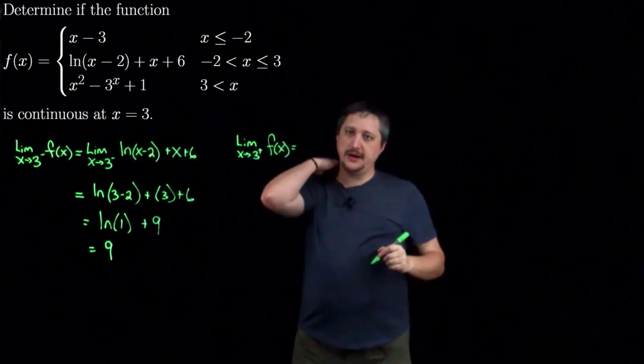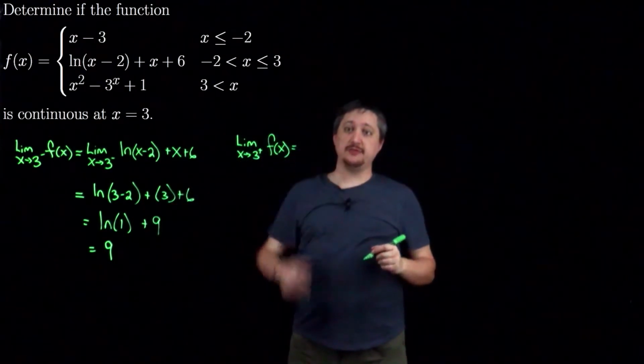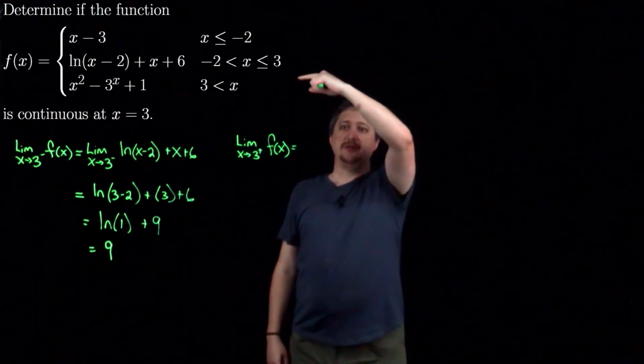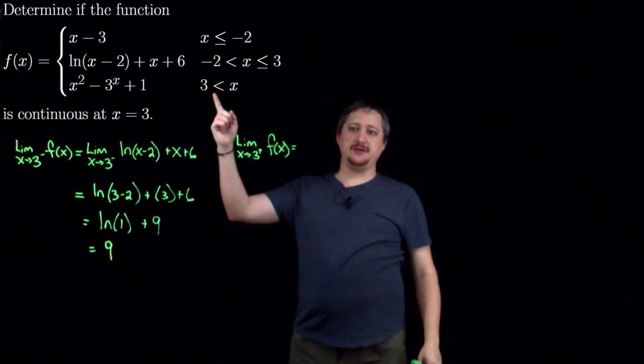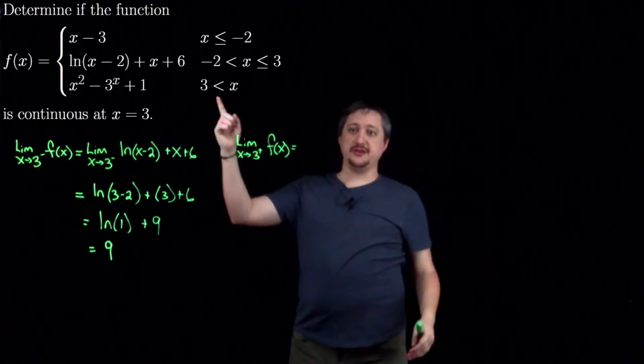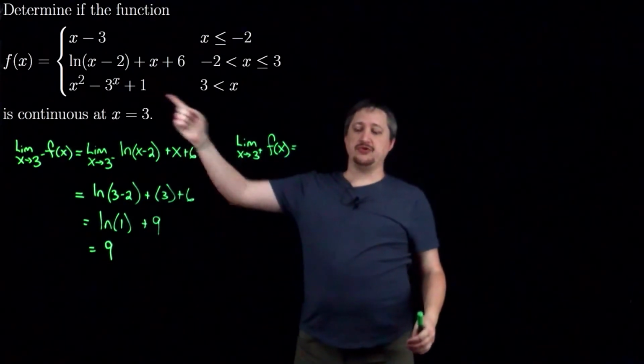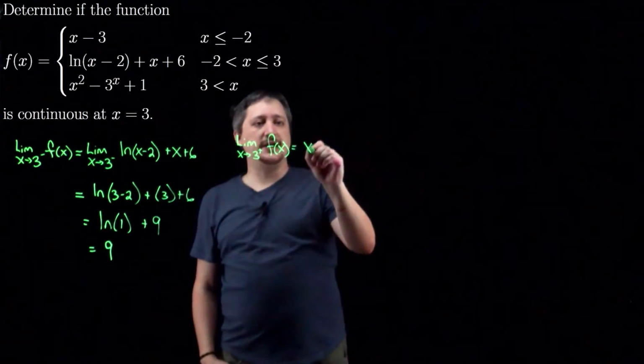So again, I'm taking the limit as x goes to 3 now from the right, so a little bigger than 3. That's going to get me this part here, x being strictly bigger than 3, so a little bigger than 3 is going to land there. So I'm going to be using this function. So I'm going to be looking at,